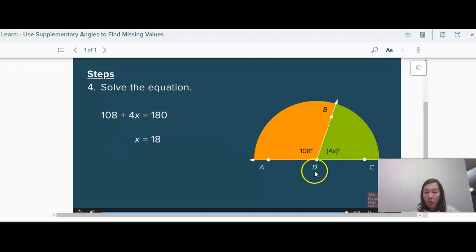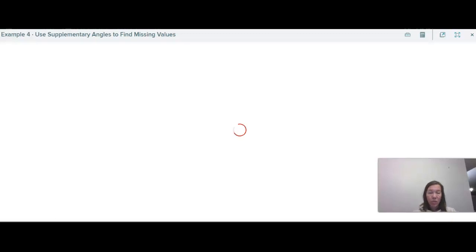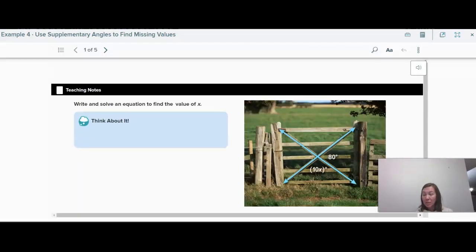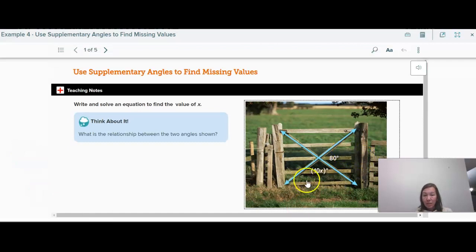Okay, so same as the last situation. We're just going to basically set up an equation, and here, so this is a little fence. This is on page 408, by the way. If I want to find the value, what would these two together add up to? Because they form a straight line, those two angles are supplementary and they would add up to 180